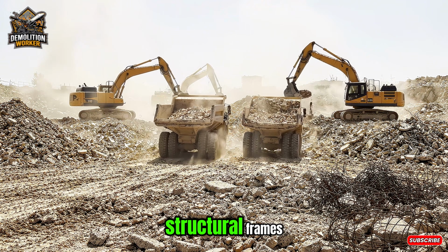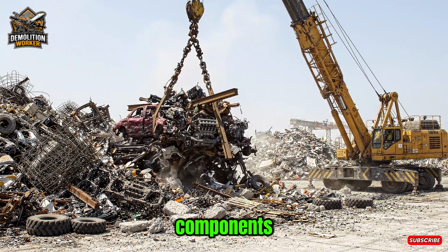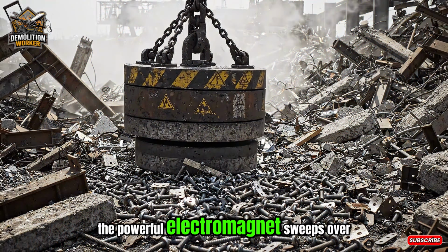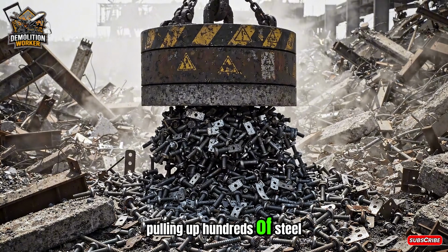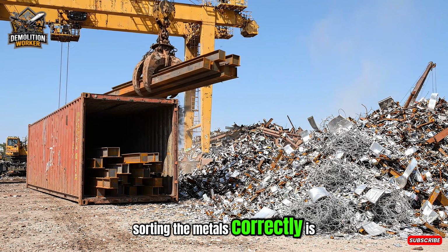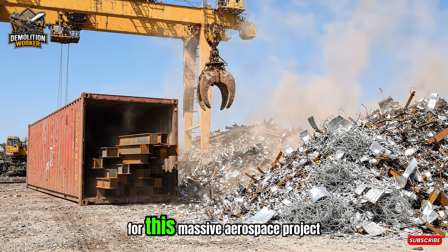the larger structural frames. The giant magnetic crane arrives to separate the valuable steel components from the lightweight aluminum shell pieces scattered across the ground. The powerful electromagnet sweeps over the wreckage, pulling up hundreds of steel bolt brackets and hidden structural supports from the pile. Sorting the metals correctly is a crucial part of our demolition process, ensuring maximum recycling efficiency for this massive